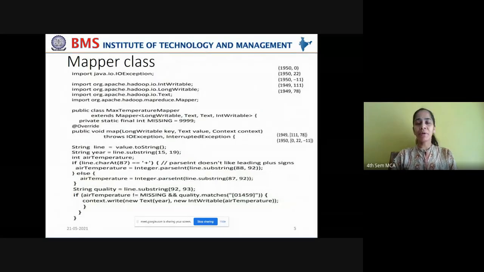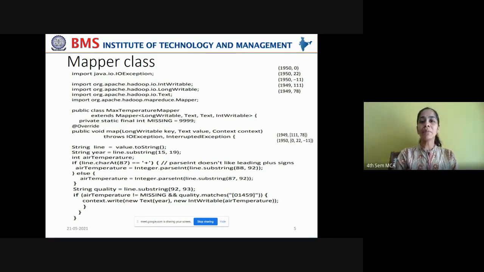Now let us write mapper class, reducer class, and a class to pack these two classes into a job. So here today we are going to see three different classes that we are going to write in Java. Okay, so what are the three classes? One is the mapper class, which defines the map function. One is the reducer class, which defines the reduce function, and another class in order to pack these two classes into a job, convert it into a jar file and distribute it onto HDFS cluster onto various data nodes, right?